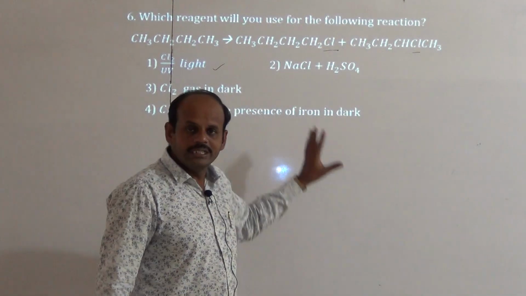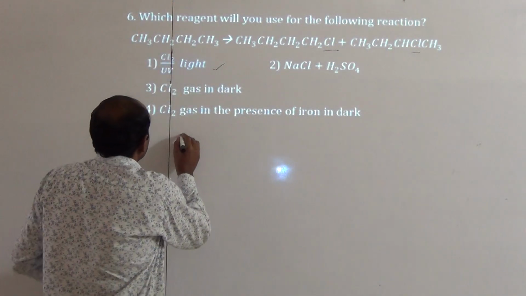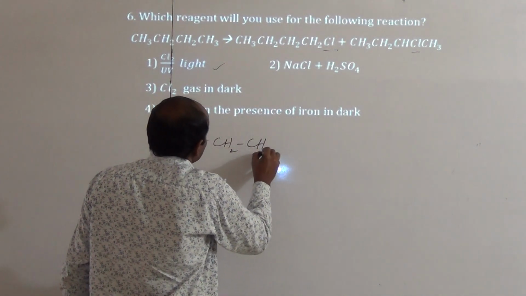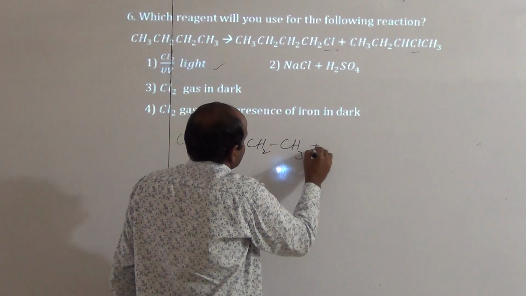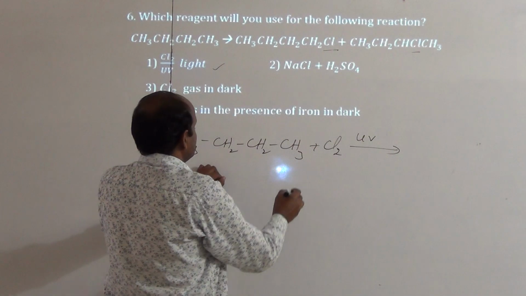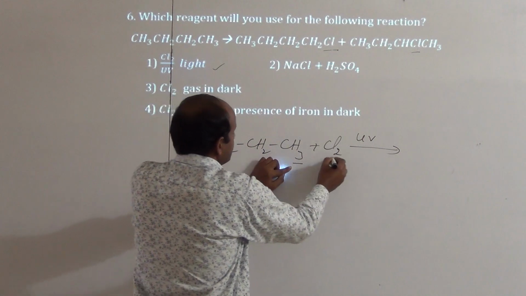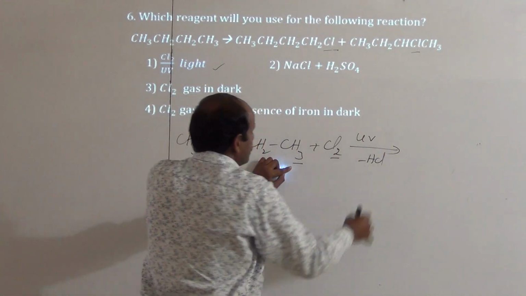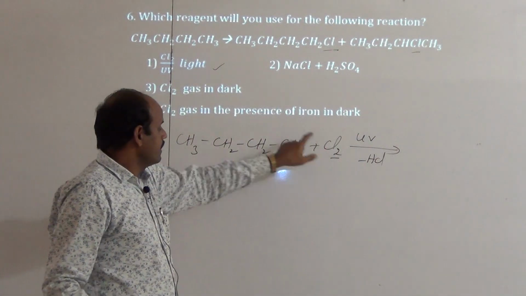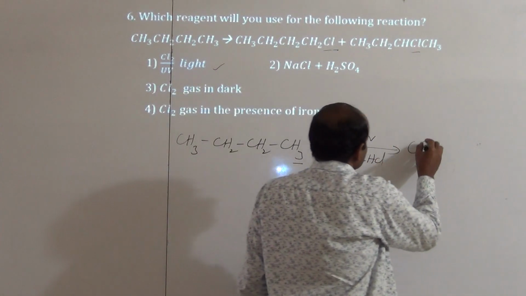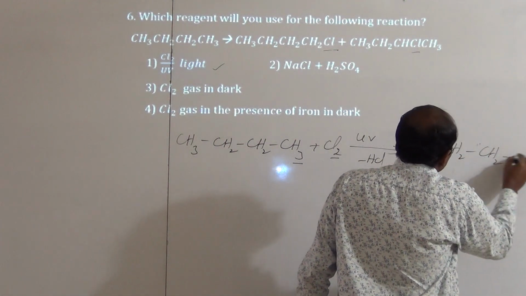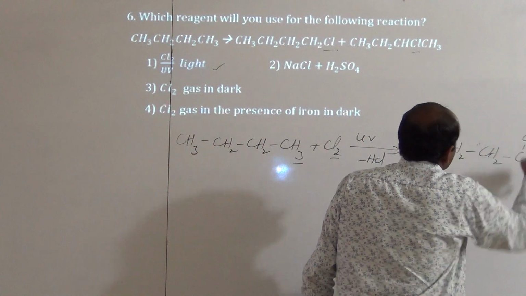Okay, did you get the point? Take the first given, butane, CH3CH2CH2CH3. If it reacts with chlorine in the presence of UV light, then here H plus and here Cl minus are combined together and removed as HCl. Then one more Cl is there, it can attack on this carbon. Then which compound is formed here? CH3CH2CH2CH2Cl. This only, no?